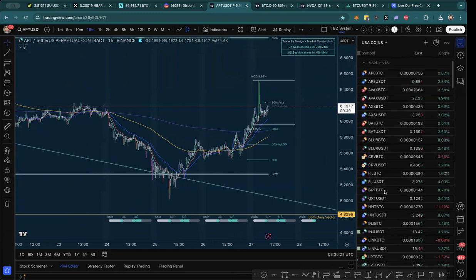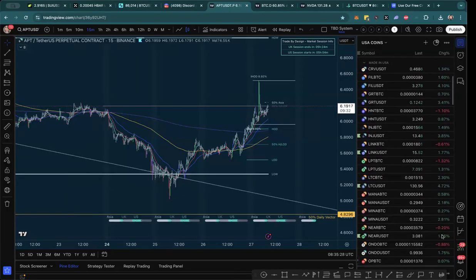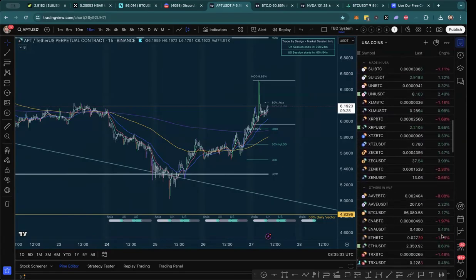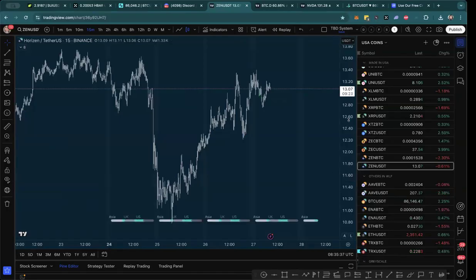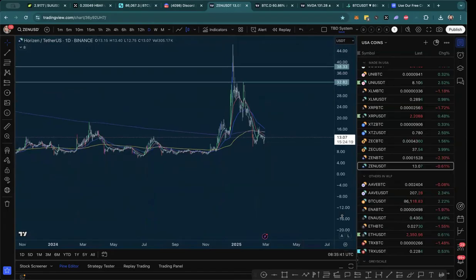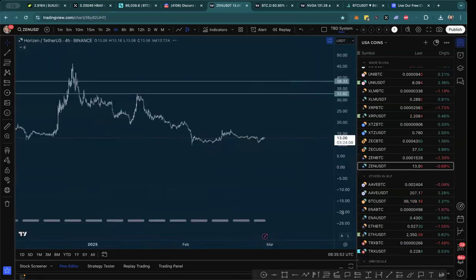So then I can just go through my list of USA coins and chart all of these and just look for what is still red and see if I can find opportunity here. Like Zen is the worst out of all of them. So I just do my high time frame analysis, see if there's a fib retracement pullback type thing on it. Does it still look bearish on the daily? Can I count my levels?